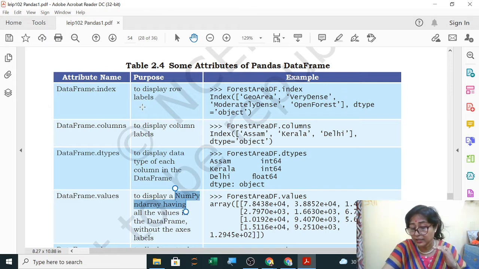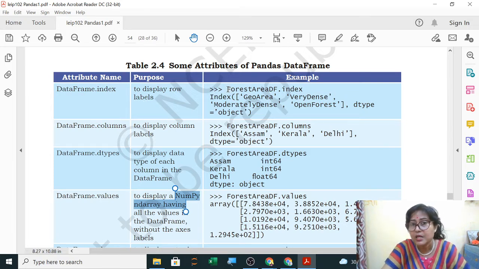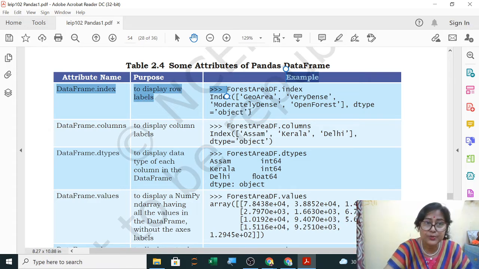So to display the row labels, you give the data frame name, which was forest area df, dot index, and it will print the index here. So the index here is geo area, very dense, moderately dense, and open forest. The dtype here is object.